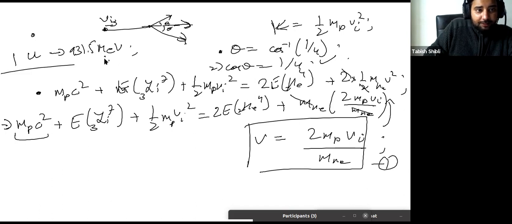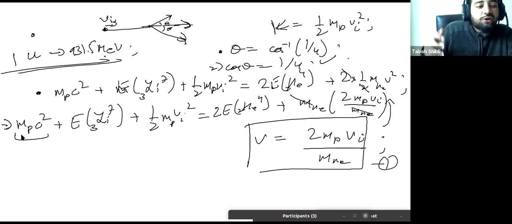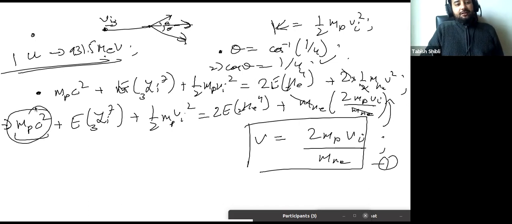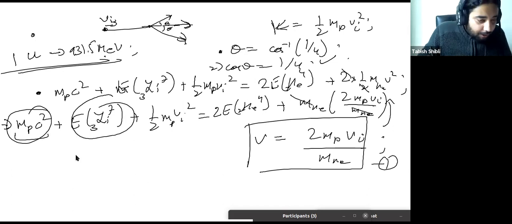So one atomic mass unit is just equal to 931.5 mega electron volts. The mass of the proton is approximately just one, so we can just substitute everything. You get 931.5 approximately here. How will you get the energy of the lithium? Well, you're given the energy